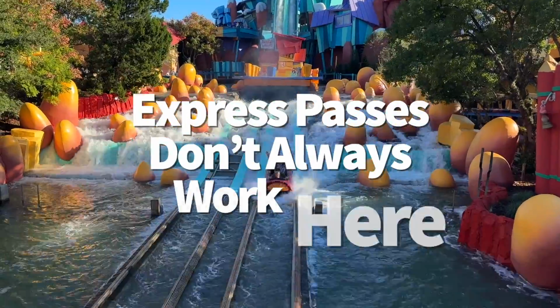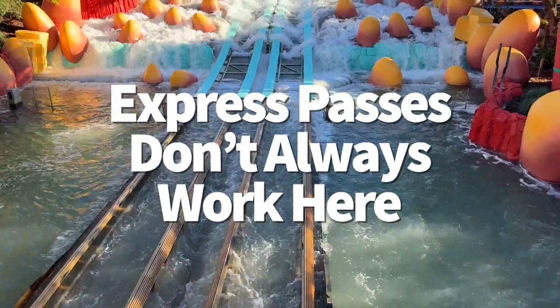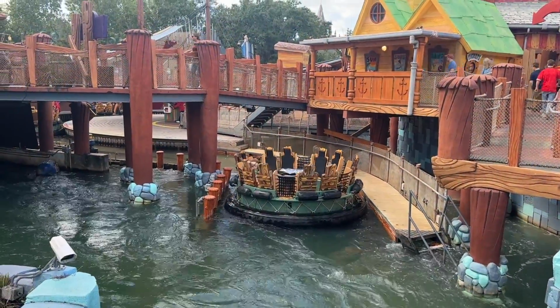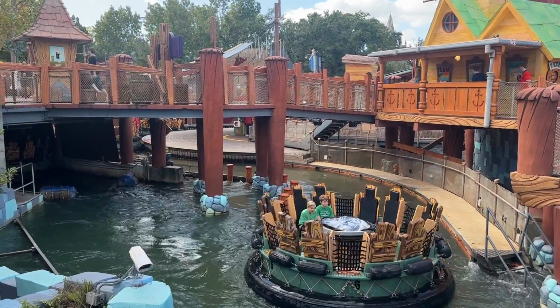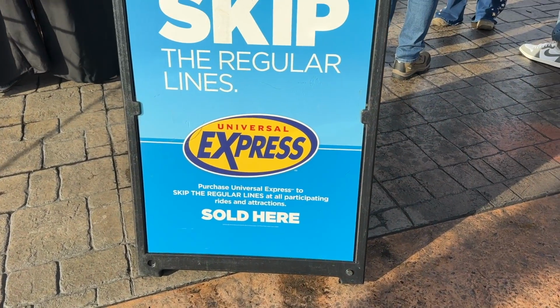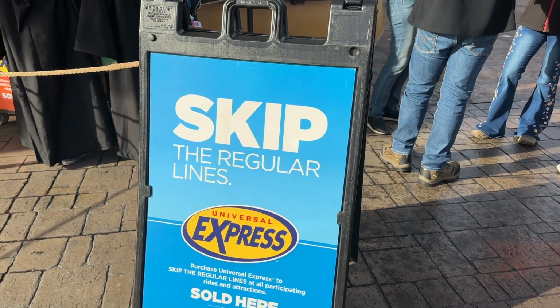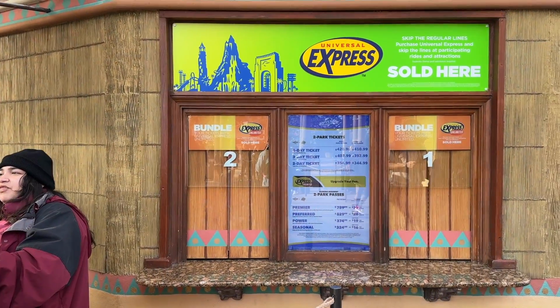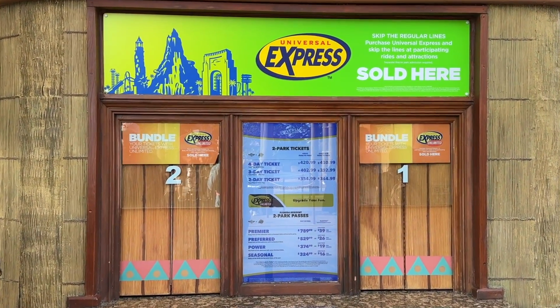Okay, don't want to stand around in the regular lines to wait for all the rides across all these different Islands of Adventure areas? Then you may want to consider looking into Universal's Express Pass options. Universal Orlando offers 2 types of Express Passes for their theme parks, each of which is priced based on seasonal crowd levels. The Universal Express Pass allows you to skip the standby lines one time per participating ride and ranges from $89.99 to